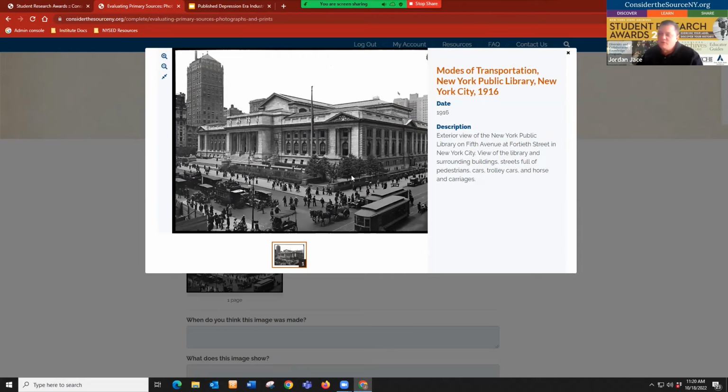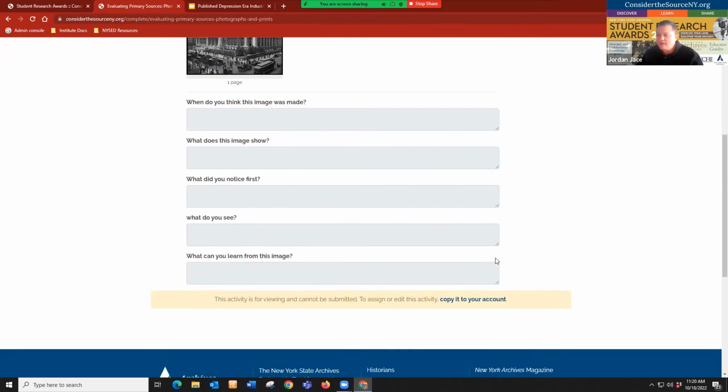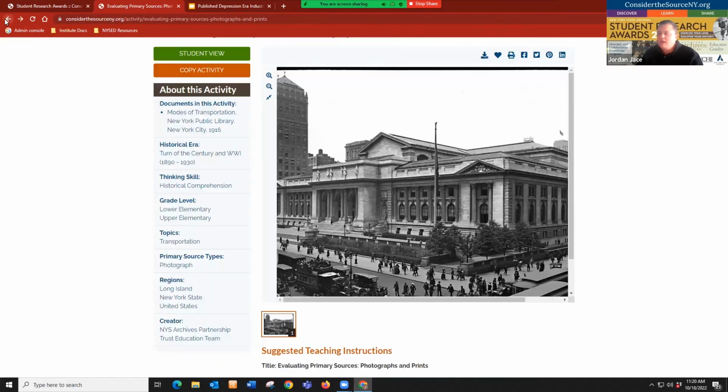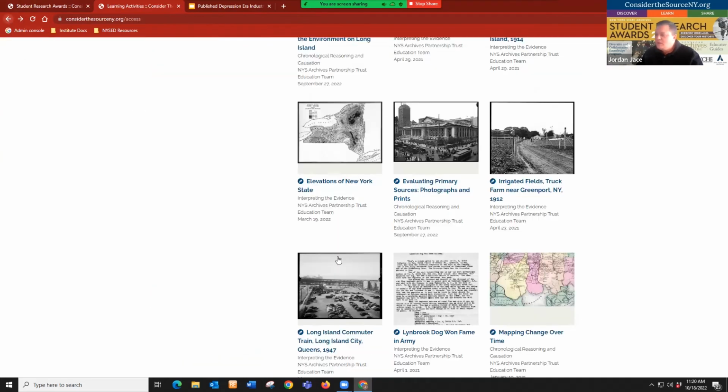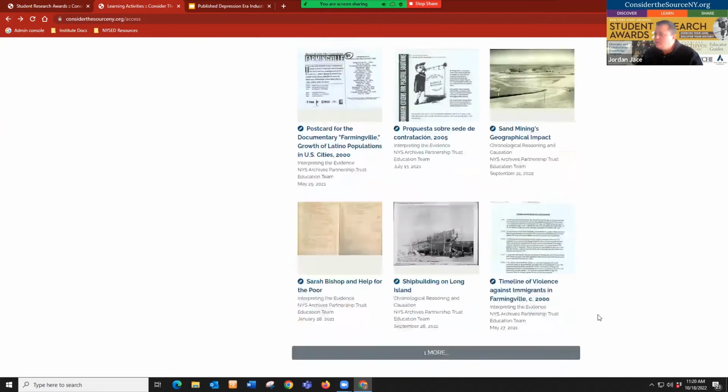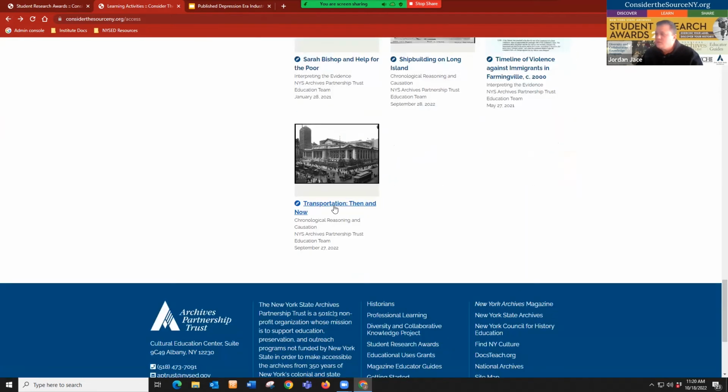I think a lot of times when you think of the changes in transportation, you don't think of the period of time where all of these forms of transportation existed in the same place at the same time. And how would you ever have navigated the roads in New York City when all of these types of transportation were in existence? So she's created a lesson around that for elementary,